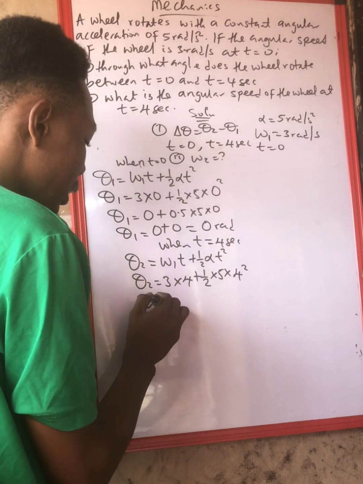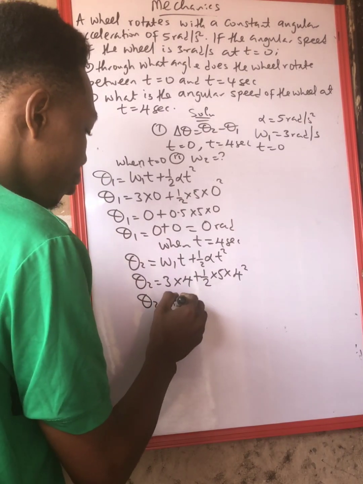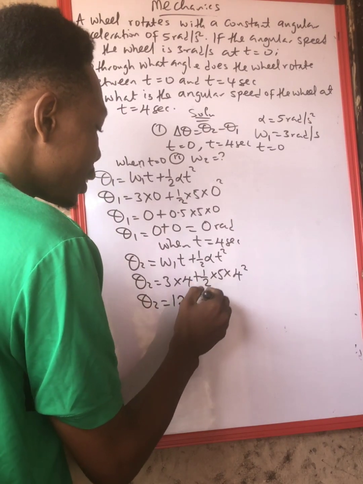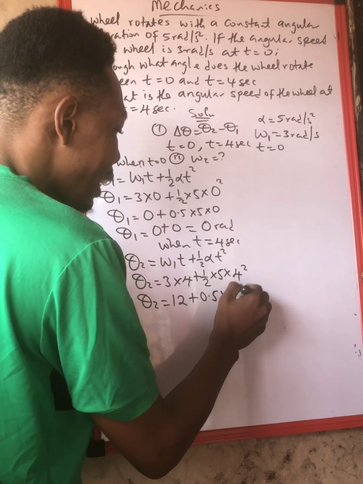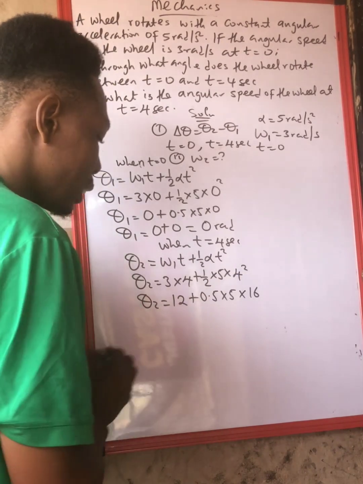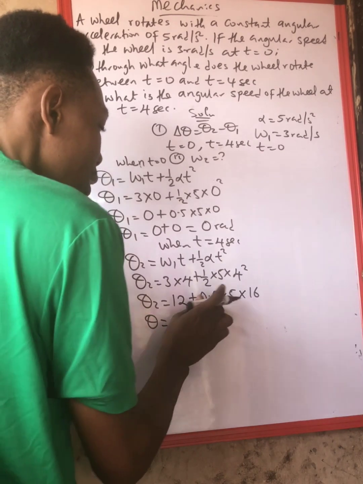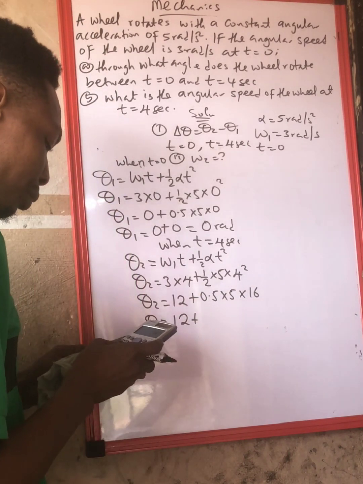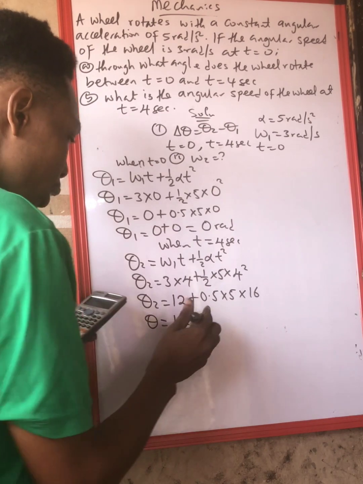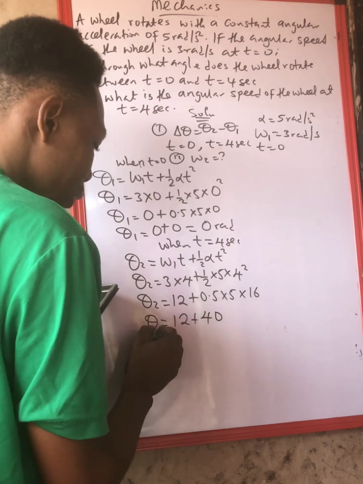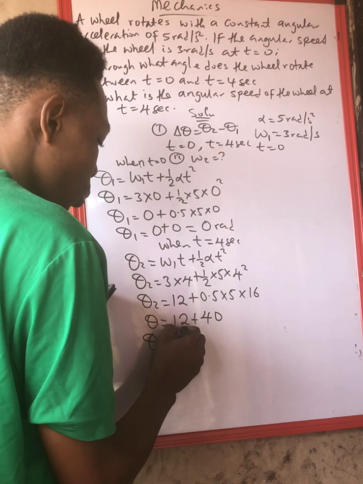So theta 2 equals 3 times 4, which gives us 12. Then plus half, which is 0.5, times 5, times 4 squared, which is 16. So our theta 2 becomes 12 plus 0.5 times 5 times 16. That gives us 40. So our theta 2 is 12 plus 40, which gives us